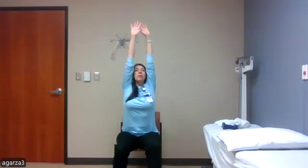So go ahead and sit down in your seats. We're gonna scooch forward towards the end, sitting up nice and tall, opening up our feet so we have a nice base. And we're gonna start with some breaths in. So I'm gonna bring my hands up overhead as I take a big breath in, pausing at the top, and exhaling as I bring my arms down, okay? And we'll do 5 here, coming up